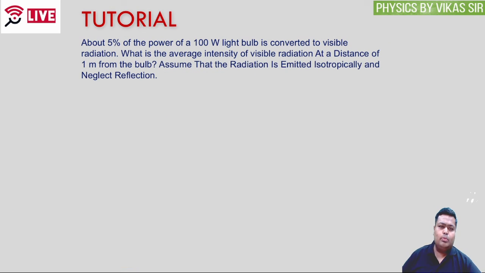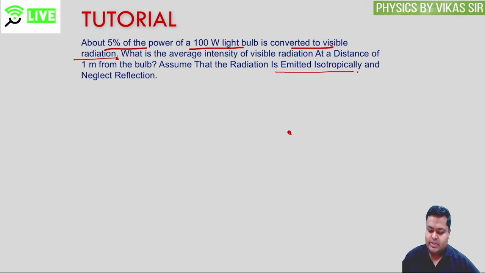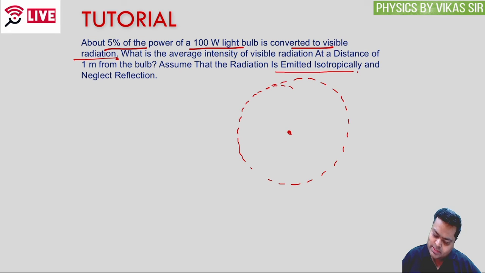Let's check one more question. It says about 5% of the power of a 100-watt light bulb is converted to the visible radiation. And what is the average intensity of the visible radiation at a distance of 1 meter from the bulb? So I know that since it is a point kind of a source and it is emitted isotropically, but similar in all the directions. But similar in all the direction means it is going to be a spherical region in which the energy is